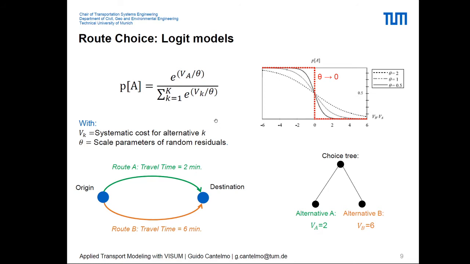And specifically, alternative B and C will be perceived as completely different alternatives. This means that, for instance, if we assume that the probability of choosing each of these routes is the same, so we assume a uniform distribution no matter of the time, we will have the 30% of the people will choose,